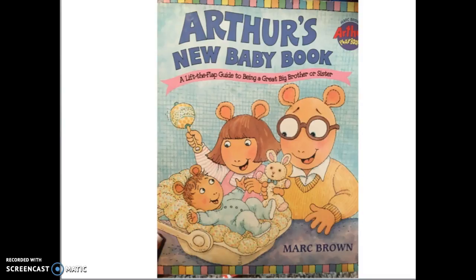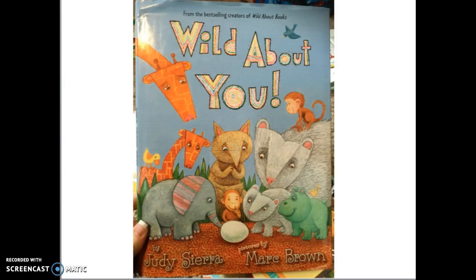He is an illustrator and an author, but sometimes he's just the illustrator. So here are some books where he's just done the pictures while someone else has done the text. And he has a softness to him, but also he has some strong lines too. So I like the detail that he uses within the colors. If you notice, within these colors, there's